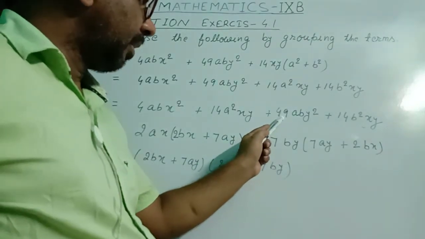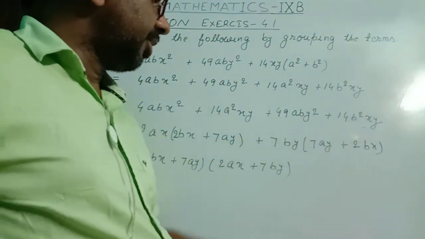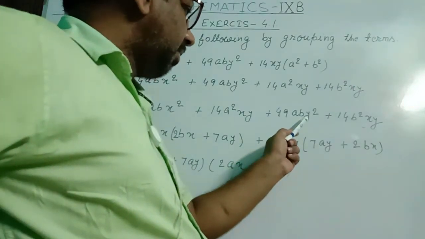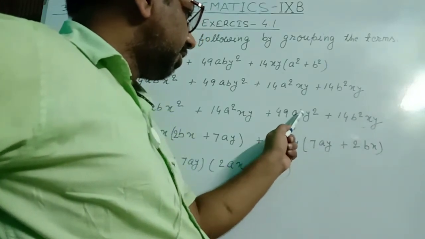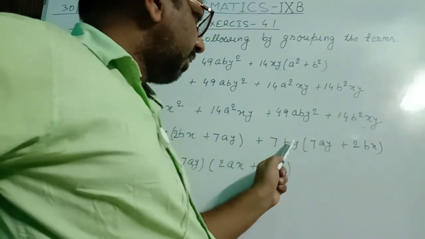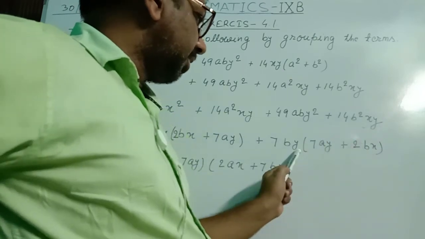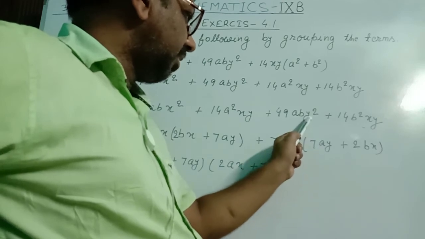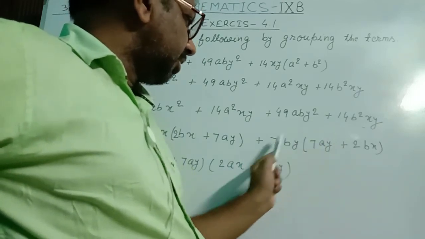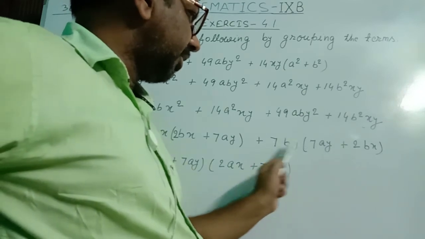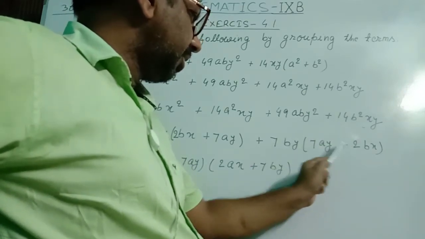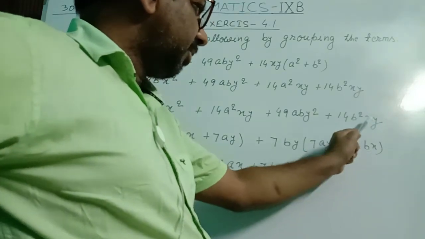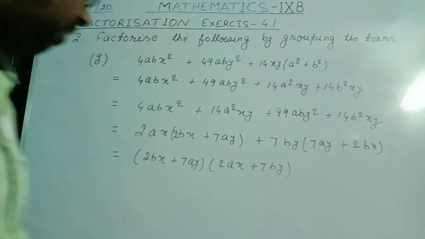Similarly 7 7 are 49, 7 2 are 14. Means if you find HCF, then that is 7 will come, 7 I took common, and this least power of b is this b, that is common, and least power of y is this y, that is common. So here 7 7 are 14, 7 is left, this a is left, and y is left. Plus 7 I have taken common, so 2 is left, because 7 2 are 14, 2 is left, b is common, so b, one more b will come here, and y is taken common, so this x is left, x will come here. Now what are we seeing?